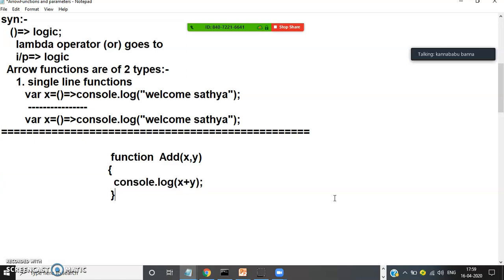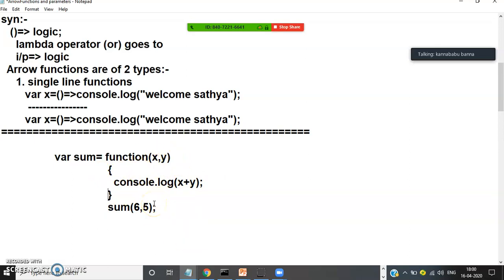This function will get executed when we call it, add of 6 comma 5 you have given. This is the first level, named function, declaring the function with some name. Next level, anonymous function came. Don't give the function name, just take one variable, where sum is equal to some variable, and assign the function to that particular variable. Now call the variable name, sum of x is 6, y is 5, 6 plus 5 is 11. So when you call the function, the logic will get executed. Did you understand? This is anonymous function.